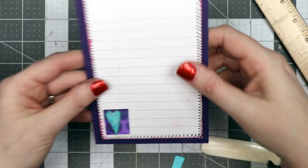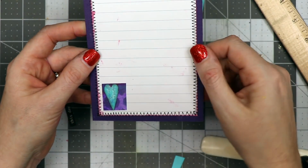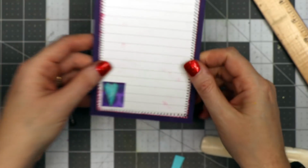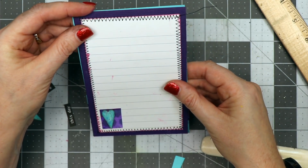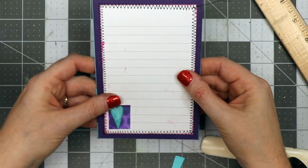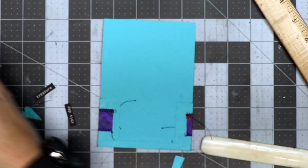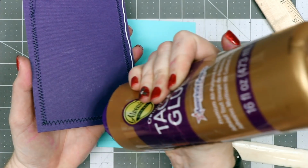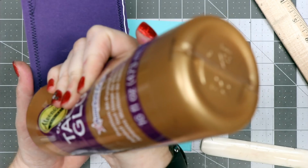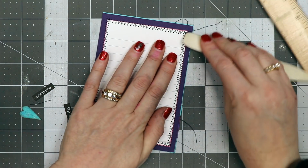And then I cut a piece of cardstock that was a scrap again, and this was like a Project Life card, and I added a little heart on there, and I made it a little bit smaller, but not quite the same size as the front piece, and I'm just going to adhere it on 3 sides and make this a little pocket. So I'm just going to go right down the side, across the bottom, back up the other side. And then I'm going to glue that right on here,